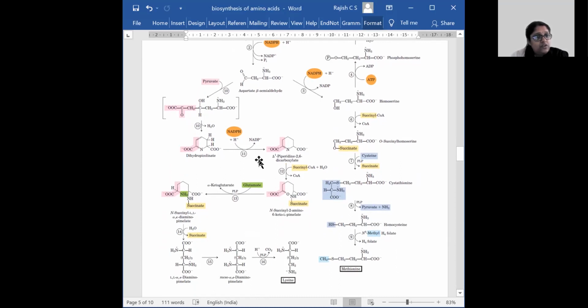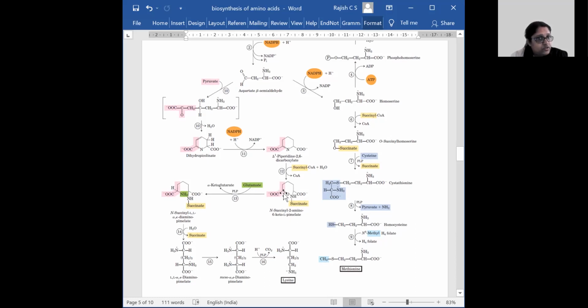So this dihydrodipicolinate to piperidine dicarboxylate reaction, and then the addition of succinate: the succinyl CoA and water is added by succinyl 2-amino 6-ketopimelate synthase. So that is the next product also, N-succinyl 2-amino 6-keto-1-pimelate. So this will be formed when this ring structure is opened and there is a succinate added to